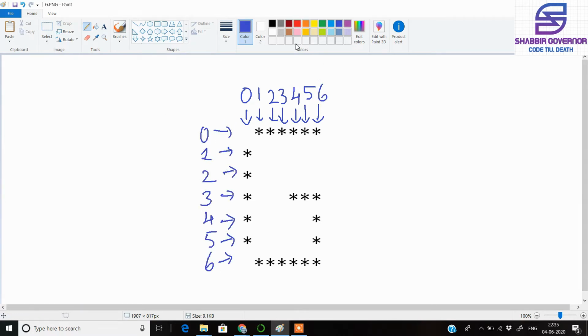So as you can see, this G pattern can be printed by rows and columns of the size 6 and 6, which is like 7 rows and 7 columns total, because it starts from 0. Now if you try to see, we only need stars at column number 0, then we need stars at column number 6, but the condition is that at this position we don't need stars at this and this location, and for the column part we don't need stars at this and this location, and in the row part we need stars at